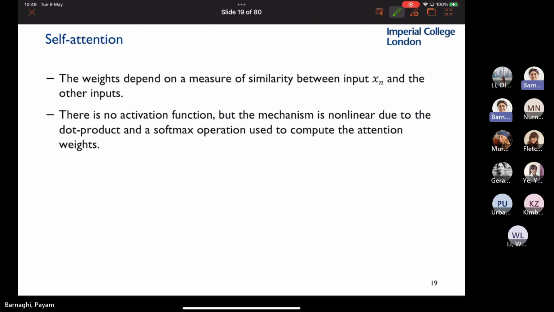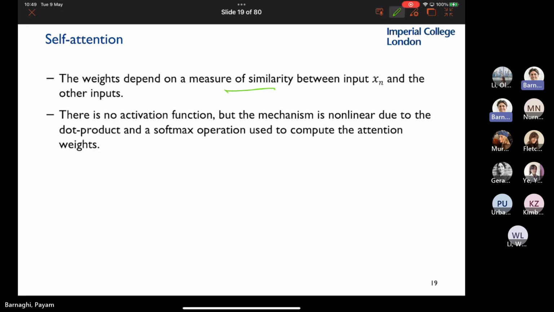Okay, in self-attention, the weights depend on a measure of similarity. Greg is right that I'm emphasizing this as semantic similarity, which maybe is not the correct term. Part of the dot product is the cosine similarity, but at each point, you're basically creating an artificial supervised task. Each time you put one word at the focus, and you look at how much similarity the other words provide to it.